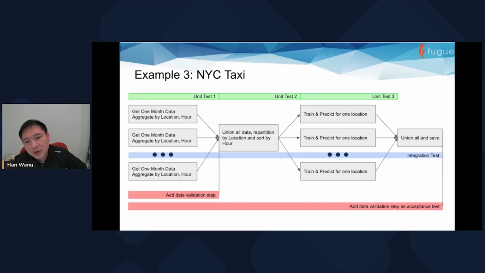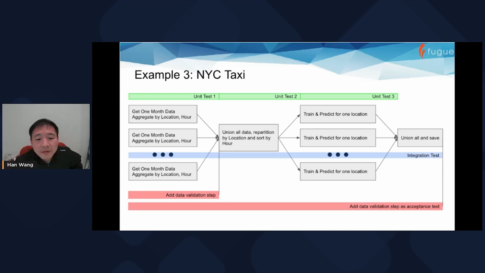Okay, on the third example, for the NYC taxi, think about that. What you can do is you can directly convert this integration test to a unit test, because at this step, you do not even need any distributed backend to test your things end to end. In addition,